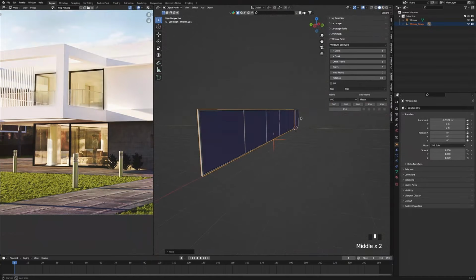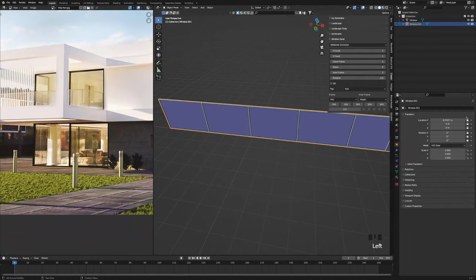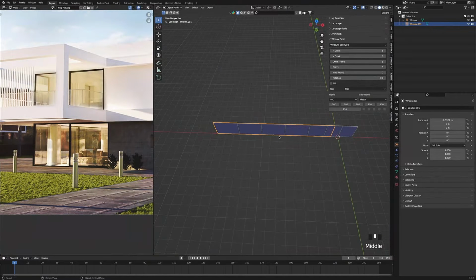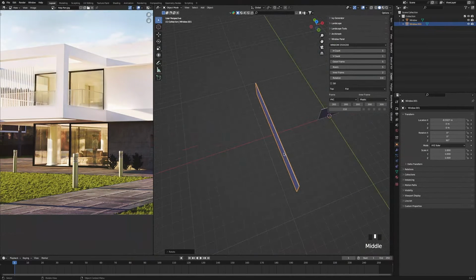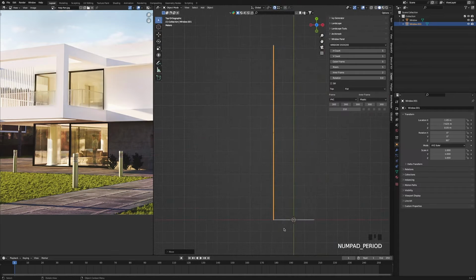And with that done, we're going to delete the box empty and this empty, and unlock all of the locations and rotations. We did this because now, if we press R, Z, 90 and rotate it, we'll be able to snap it right to the edge of the window. But to do that, we need to turn on Snap To, which is by turning on this magnet and then changing it to vertex. So now if we go into top view, we can press G and snap it right to the edge. Like that.